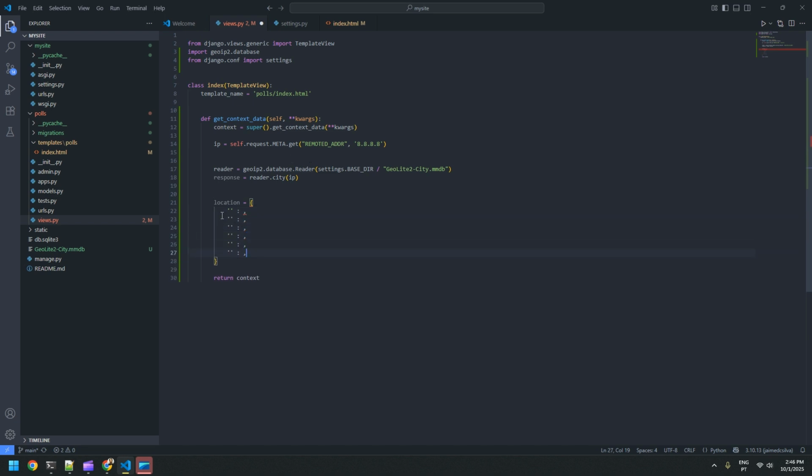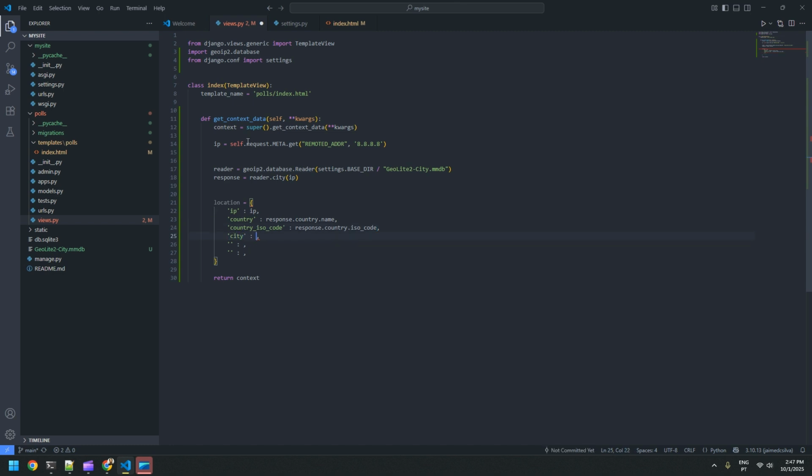Should be enough. First, let's pass the IP. It's always useful. The country, and we get the information from the country like this: response.country.name. We can get the country ISO code, so it's going to be like US for the United States, PT for Portugal, PL for Poland, and we can get it like this: response.country.iso_code. Okay,